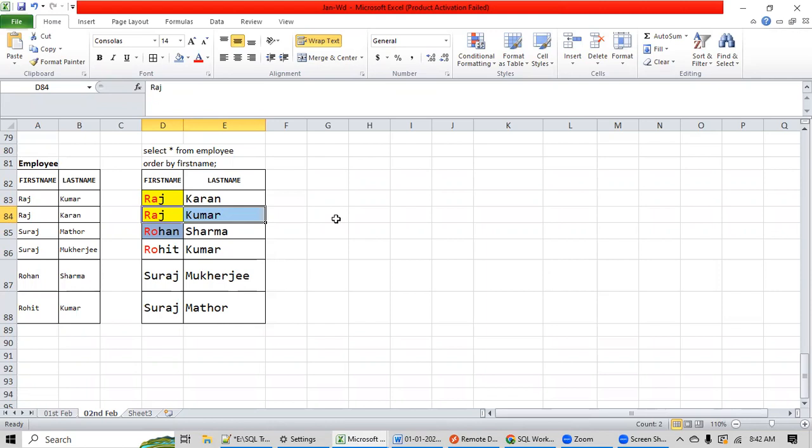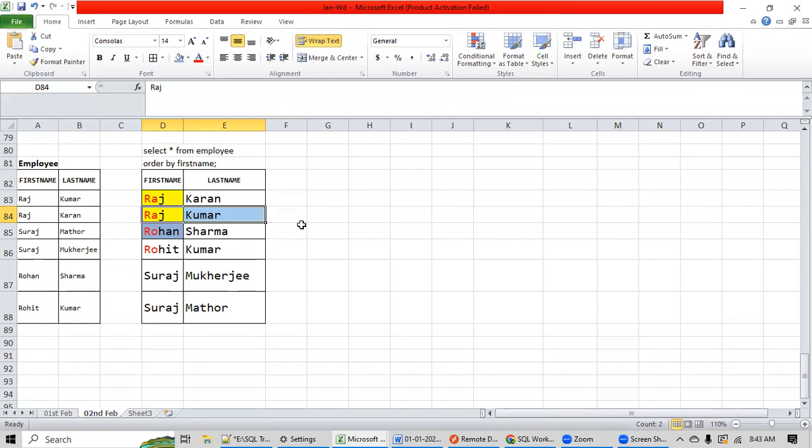Because we are selecting order by first name. That is fine, but the first name is exactly the same in Raj Karan and Raj Kumar, no? Then why are you displaying Raj Karan before Raj Kumar? Raj Kumar can claim here, no? Why have you not displayed my name on top? Now, what justification will you give to Raj Kumar? Tell me.